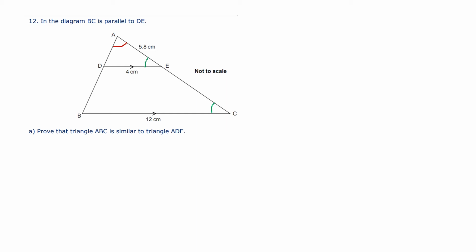Exactly the same thing happens with angle ADE and angle ABC. Those are also corresponding angles in parallel lines, so those are equal too. So we've shown that triangle ABC and triangle ADE have three equal corresponding angles,